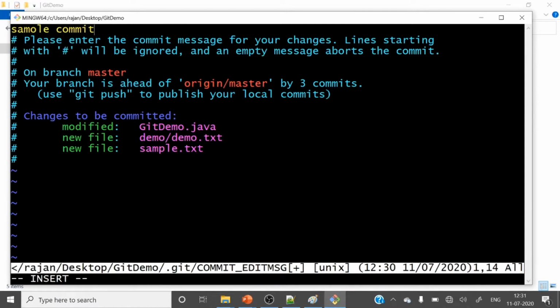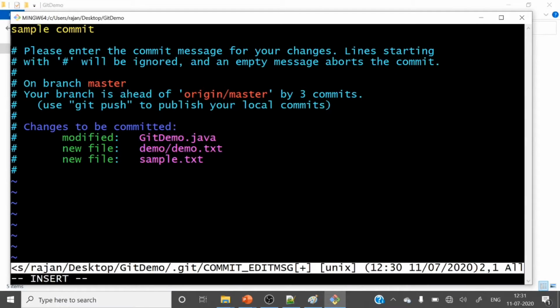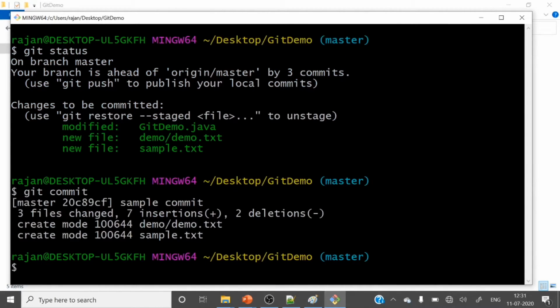Then press escape, then colon wq, where wq means save and quit. Let's hit enter. You can see it got committed.